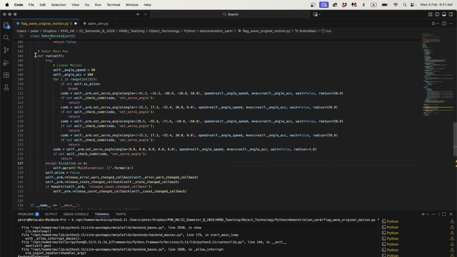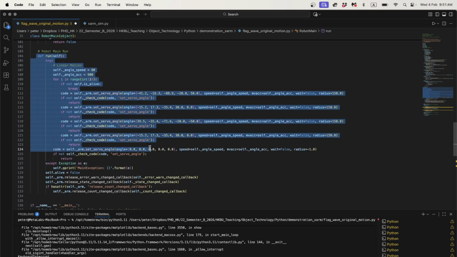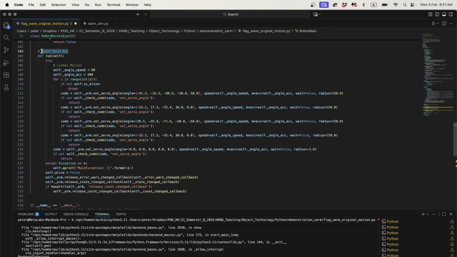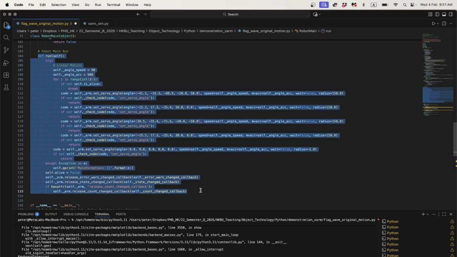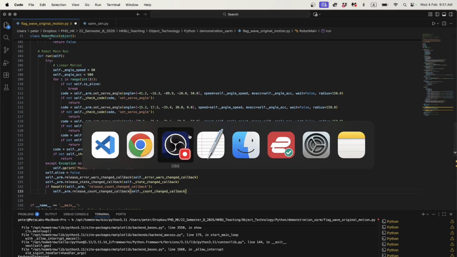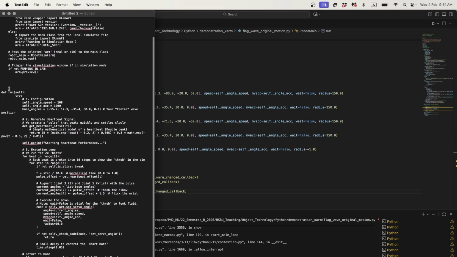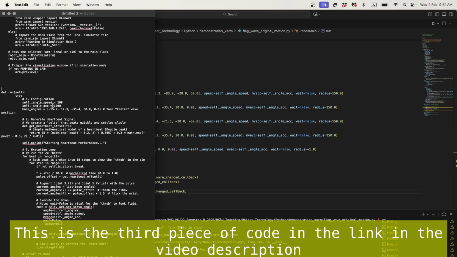So the best way I would recommend to start in your code is to look at this section. There'll be a section called Run here, Robot Main Run. And this is where we would be changing our motion. So what I've done here is I've just generated something different. I did this with AI, and what I did is I gave the AI the code that we already have,